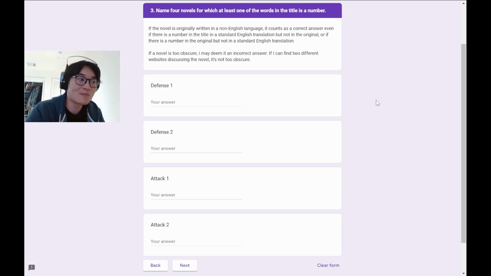So "number" here does not in fact mean integer, which means that in theory we could go for a bunch of the Sue Grafton detective novels that have like A is for blank, B is for blank. But unfortunately, I don't remember what E and I stand for. E might be evidence, and I might be identity. Not sure. I'm not certain enough, and I don't want to risk it. I obviously also didn't look it up.